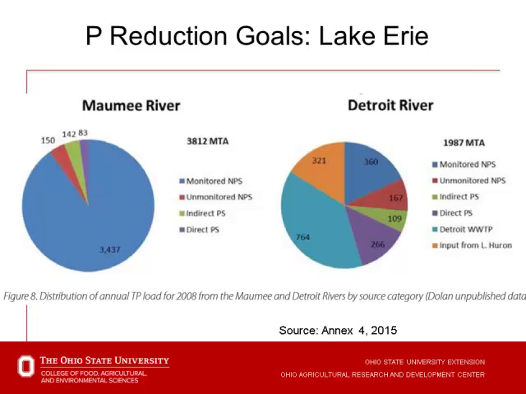versus when you start looking at the Detroit River, what's the biggest slice of the pie there? Yeah, it's actually the Detroit wastewater treatment plant that's the biggest part of that pie, and they've been working on improvements there. And you can see the unmonitored and the monitored non-point sources really don't even add up to that wastewater treatment plant outflow. So watersheds have different sources is, I think, one lesson that I wanted to use in